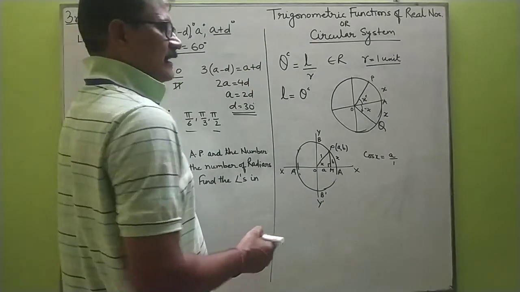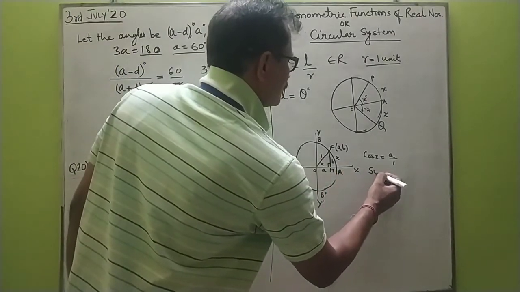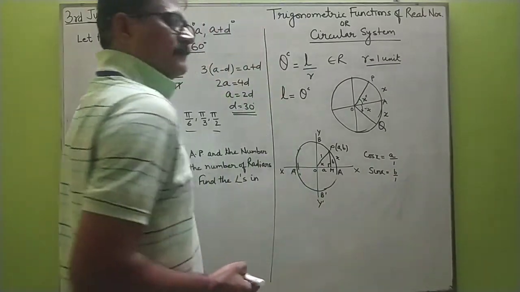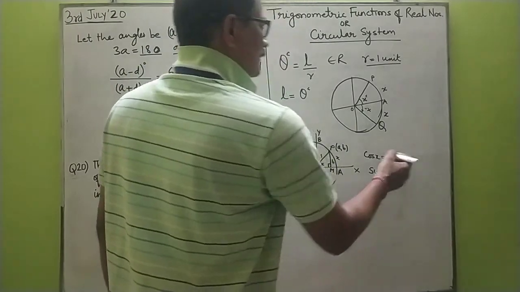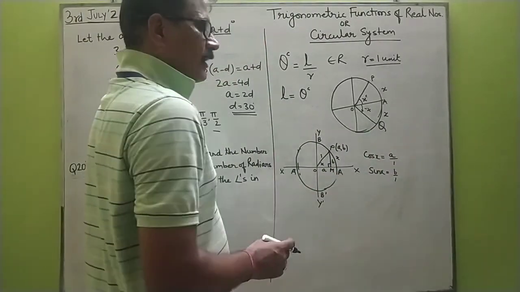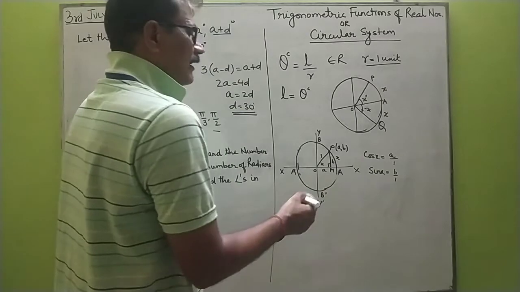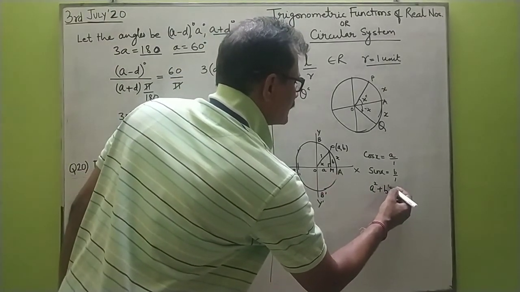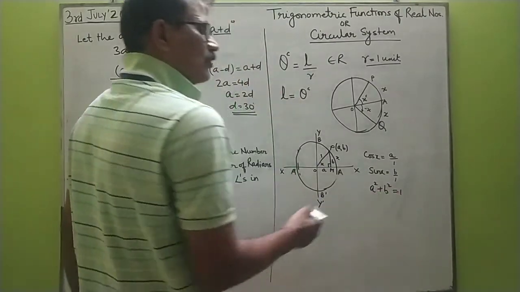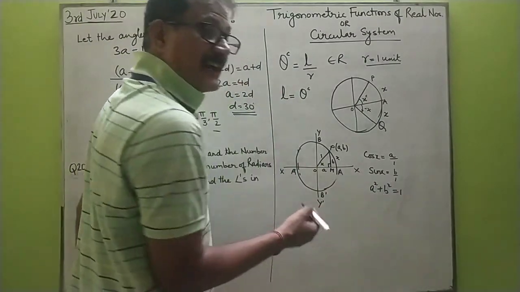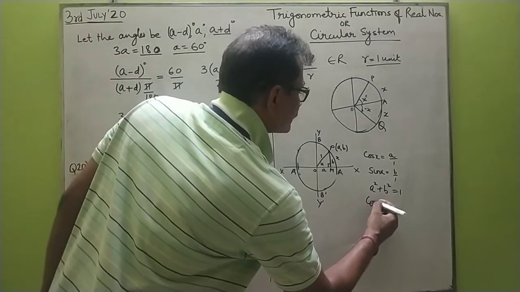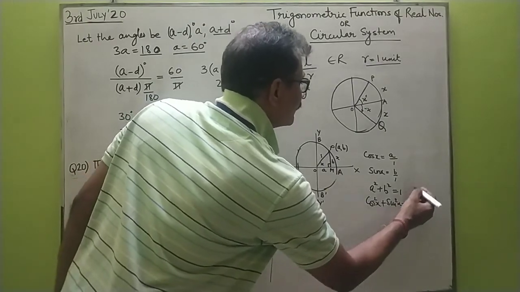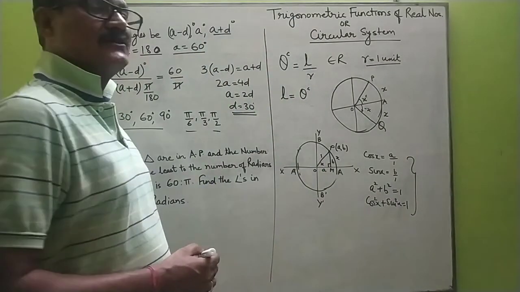So A will be equal to cos x, and sin x is perpendicular upon hypotenuse, which is B upon 1. So cos x is A upon 1, and sin x is B upon 1. Moreover, if you apply Pythagoras, A square plus B square is equal to 1, and then you put the values of A and B here, you get the first identity, that is cos square x plus sin square x is equal to 1. You even get this identity, sin square x plus cos square x is equal